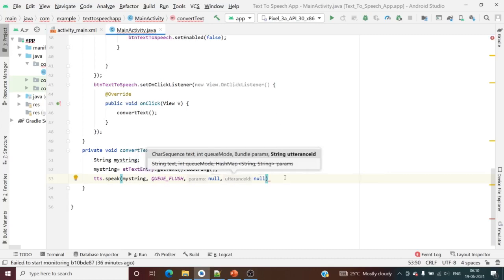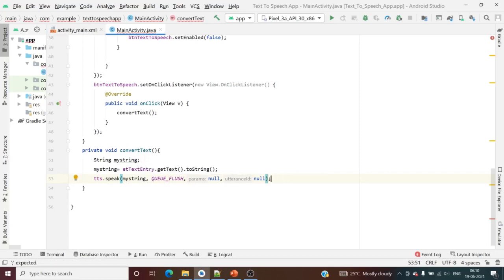I have written the convertText method also, that means it is using the speak method.